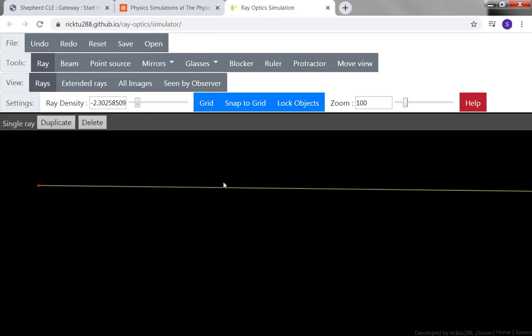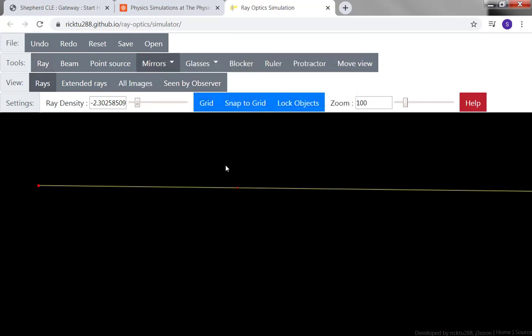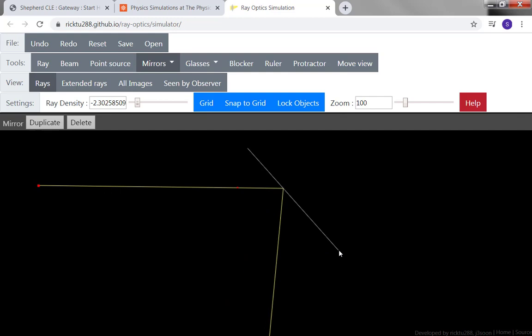Here it is, following a nice straight line as it should for geometric optics. And what we're going to do is just add a flat mirror. So here is our flat mirror. And look at it reflect. Does it surprise you that the angle it reflects at is roughly equal to the angle that it